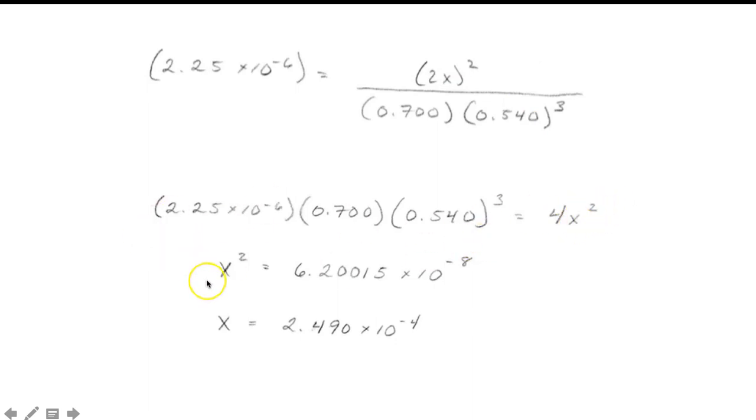I've just rearranged it, so I'm just used to solving x's on the left-hand side of the equation, so I've flipped it. You get x squared equals this number, and then you take the square root of both sides and end up with this number, 2.490 times 10 to the negative fourth. So I know that has extra sig figs compared to the 3 sig figs that we've had in the other numbers, but right now, I think I mentioned this in class, this is an interim operation, so the math is happening somewhere in between what we started with and what we're trying to get to in terms of an answer. We usually tack on a couple of extra significant figures to avoid rounding errors,